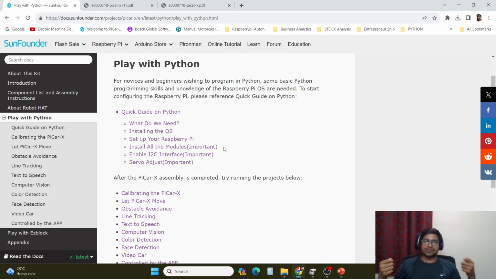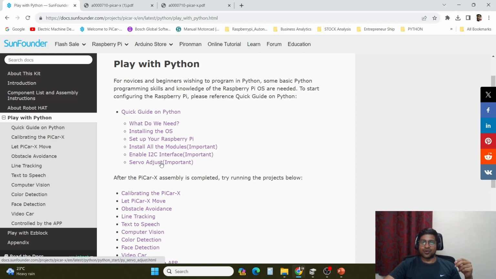Okay, you want to give this much angle, you just put the angle into it and it will go. You want to go with this speed of the motor, okay, go. You want to go forward and backward, and hence all the necessary libraries you will be able to install in this. Then follow step number 5, enable I2C interface, and then follow the servo adjust, which is important,